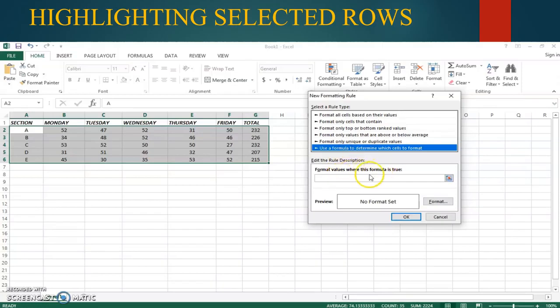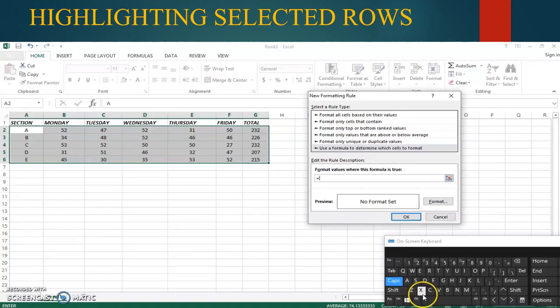Under format values where this formula is true, there you have to type equal to G2, press the dollar symbol, equal to dollar G, equal to G2, then press the greater than symbol 230. So in the total value,